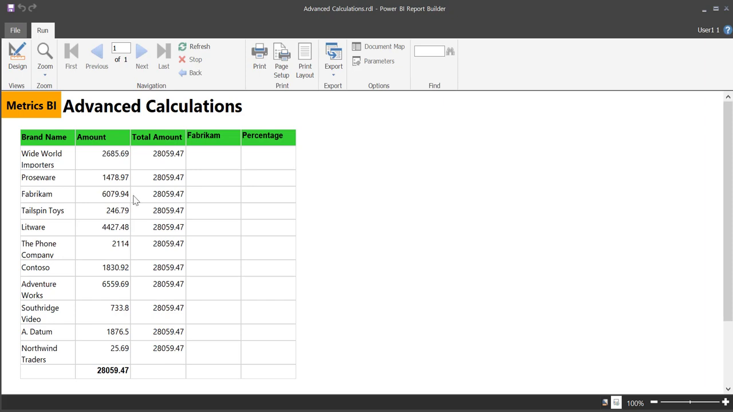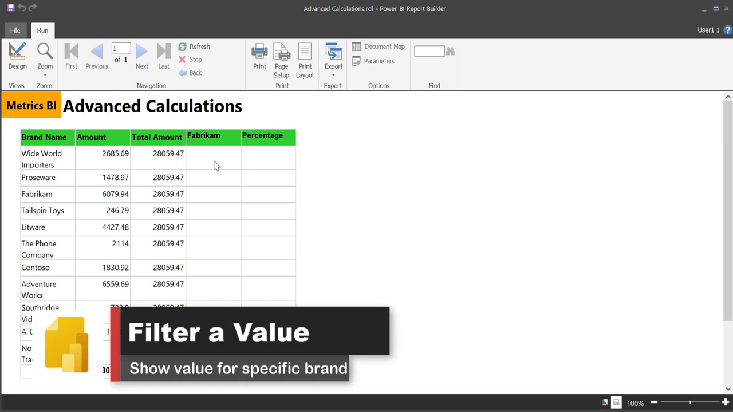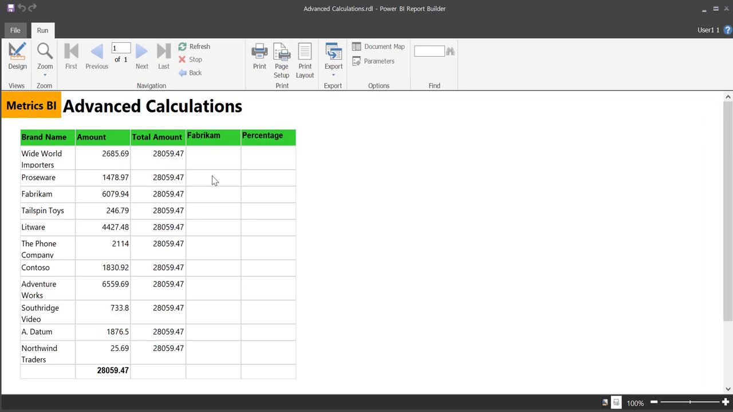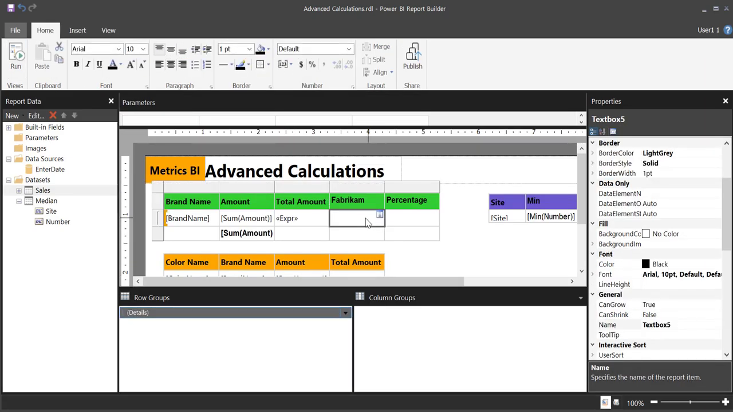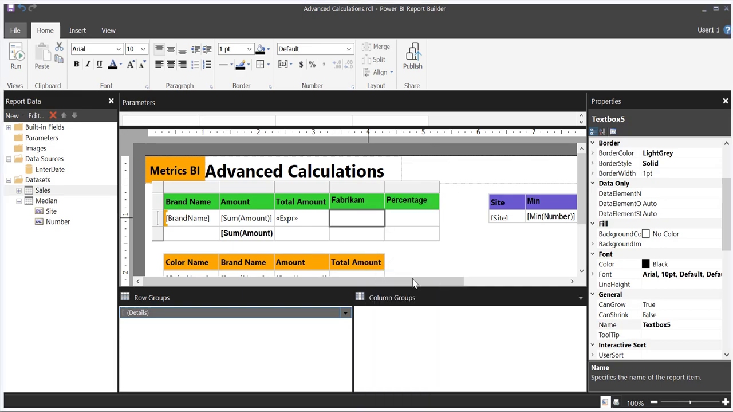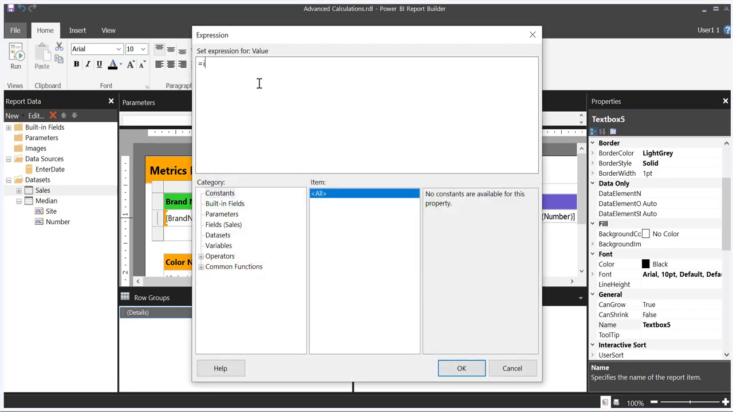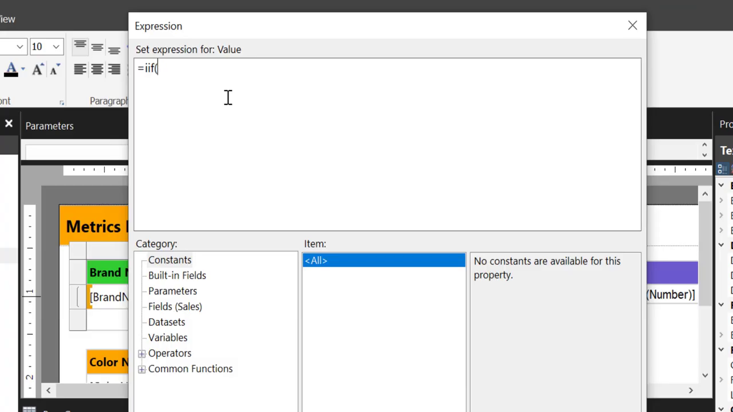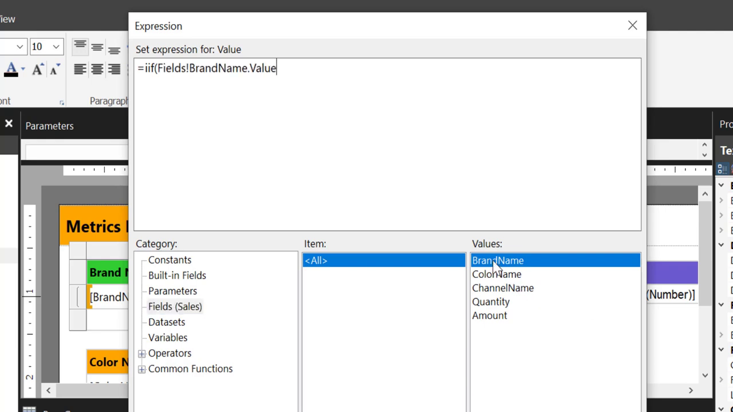So let's take another scenario. Here I have Fabricom. I need to show the value for Fabricom alone and not for the other values. The others might be 0, or I need to show 0 for the rest of the rows. So how do we do that? We can easily achieve this by going to that text box, going to expression, and writing an if. The syntax is: if brand name equal to Fabricom, then show me the amount, sum of